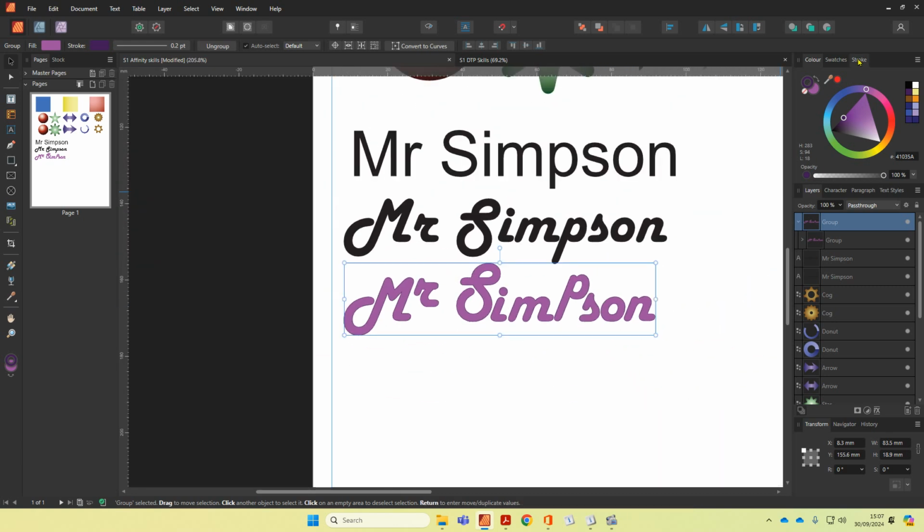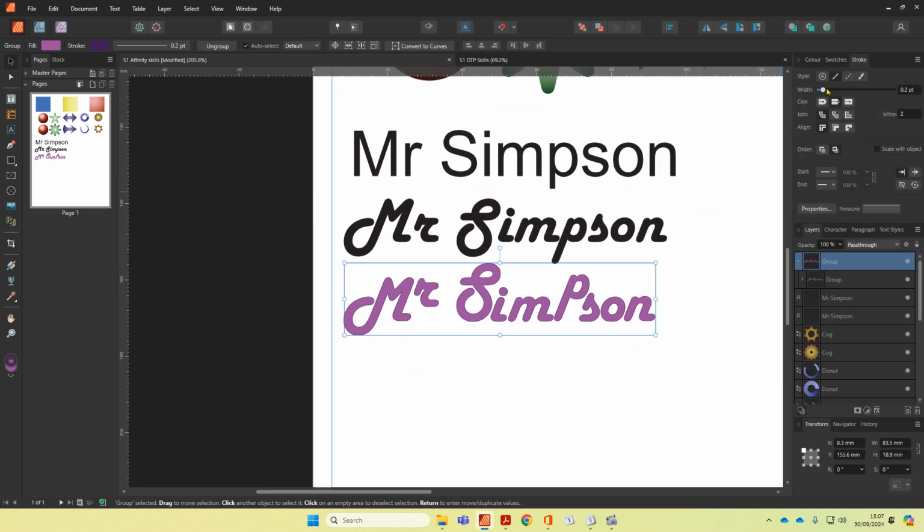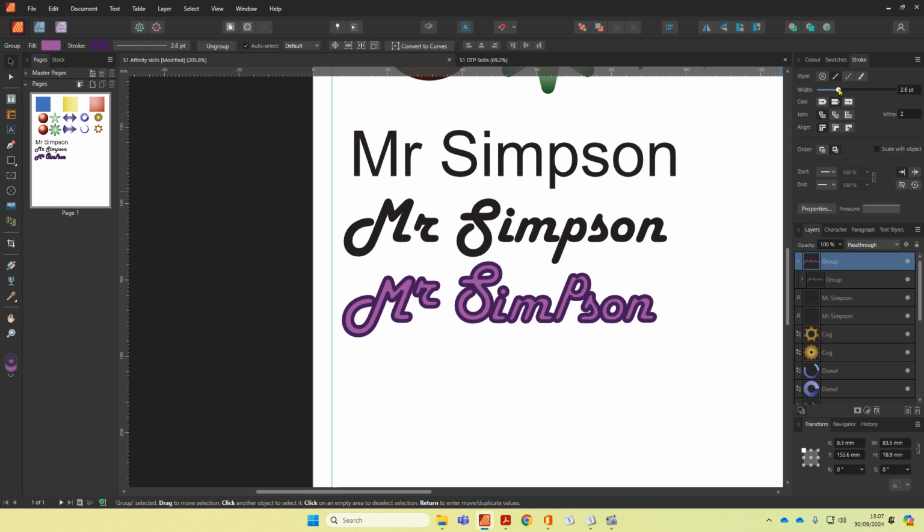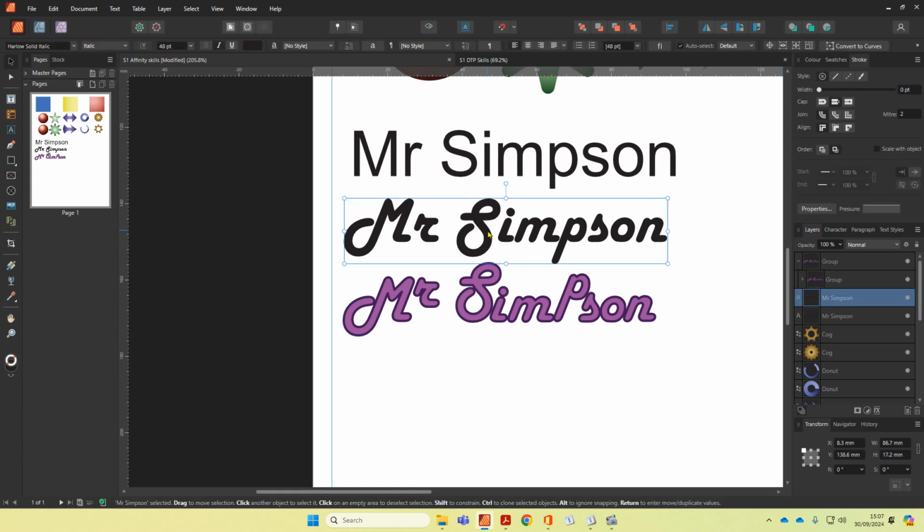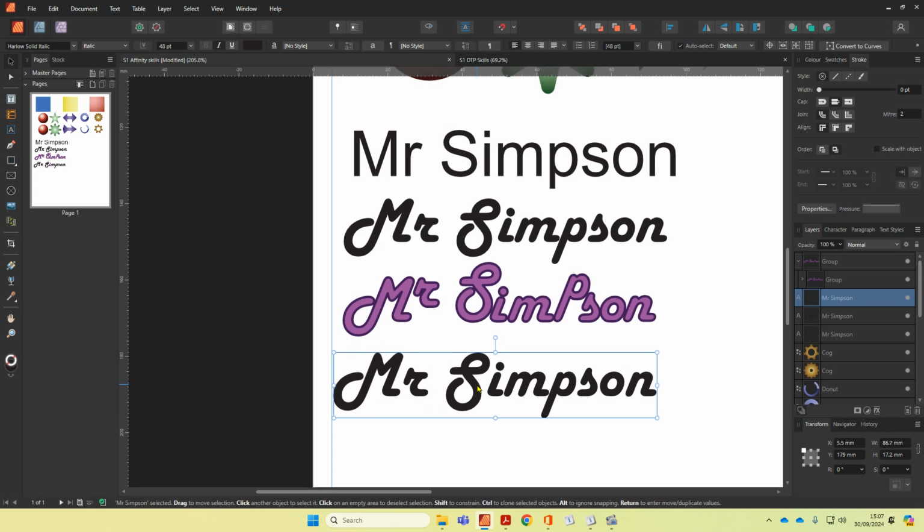But what we want to do is go to the stroke tab, and now we can really increase it. But there's a point at which it looks stupid and a point where it looks good. That looks good. And that will do for that one. I'm going to select this once more and make a copy of that one. And now this time what I'm going to do